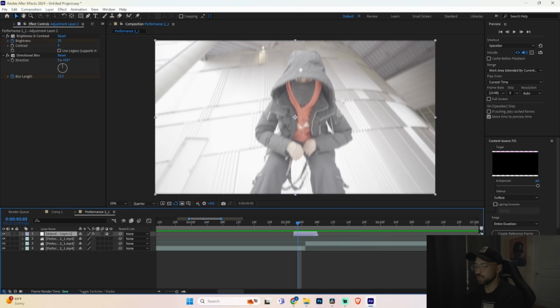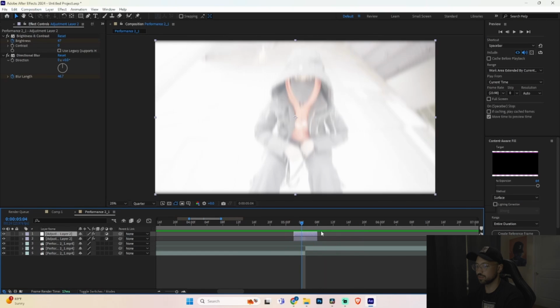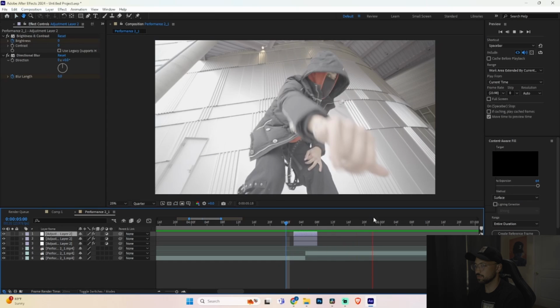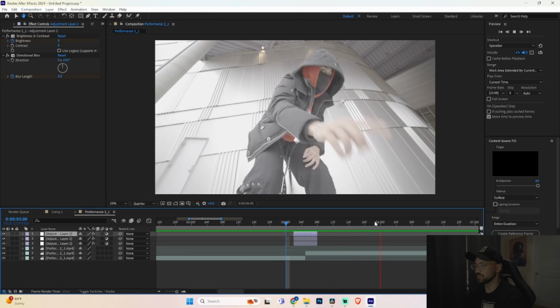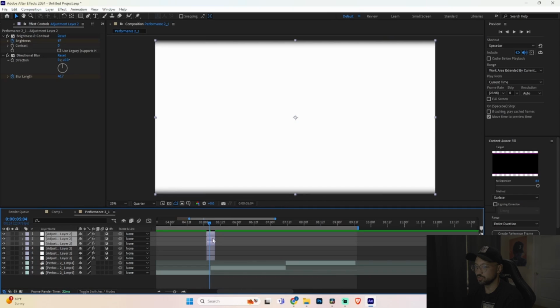Pretty clean. To make it more flashy, guys, I'd suggest duplicating that adjustment layer. And then when we play it back, you can see it's more of a flash. If you guys want to be extra with it, copy it one more time, so 3 times. That's super clean. Now we're going to select all 3 of the adjustment layers, Command C, Command V to duplicate,